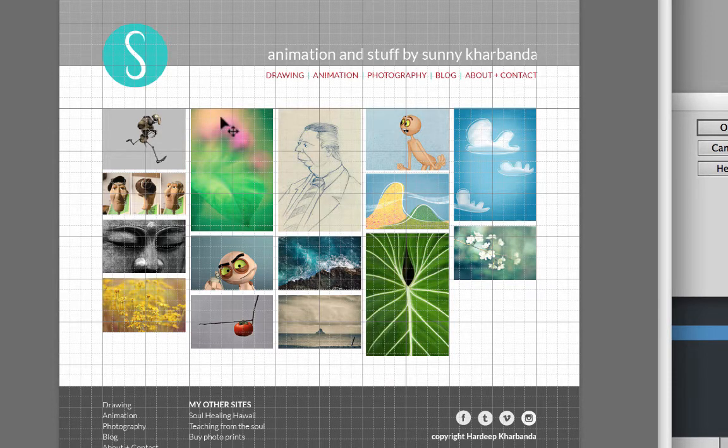So since I have at least 3 divs on this page that'll be the same width, I'll create a class called container. So I'll have 3 containers on my page, one in my header, one in my main section, and one in my footer, and they will all share the same property, which is width. All share a width of 1000 pixels. Makes it much easier for me to write the CSS properties.